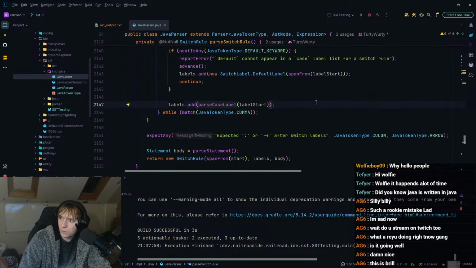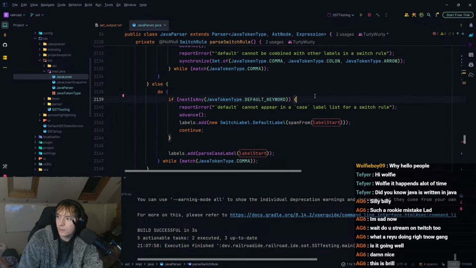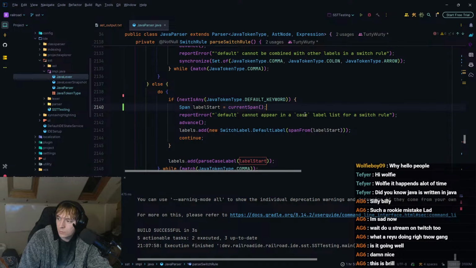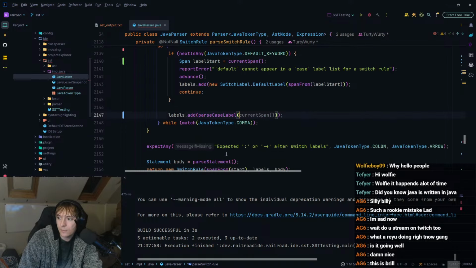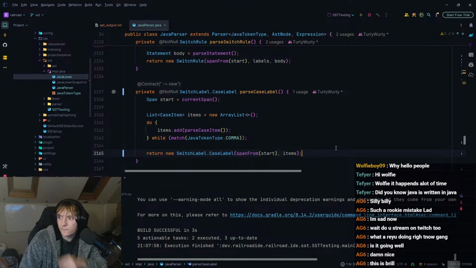Well, what does label start, I guess? That's there. That just doesn't need to be a thing though, does it? I could do that here, sure. But it doesn't need to be in here. There's no need for that. Let's just get rid of that, and then we can span from start like that. That's fine.